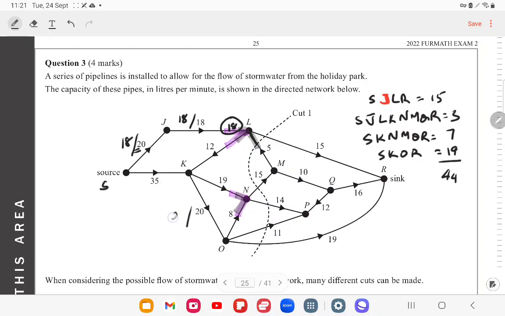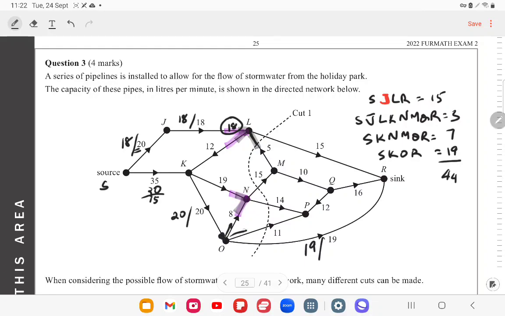So 20 out of 20 will flow here, 20 out of 35, that leaves you with the remaining 15. And of that 20 that reaches this point, only 19 will flow through. Now the remaining one will find an outlet maybe through here,